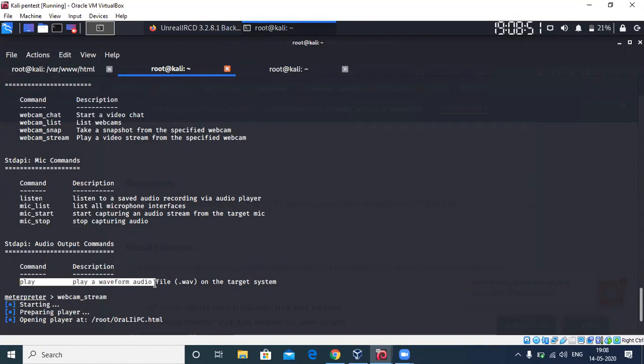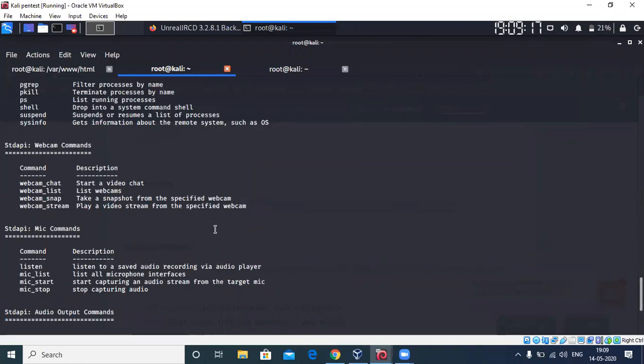For example, make some creepy file that says you've been hacked or something like that, and if you want to play it right after you get your Meterpreter session, go ahead and play it. But one thing about this is, whenever you play an audio, you can't stop it. That is one of the drawbacks over here. The only control you have is playing the audio. It will play, and it will stop only after